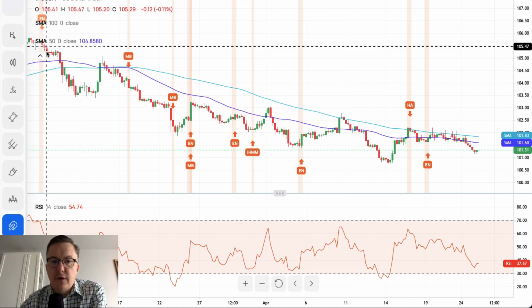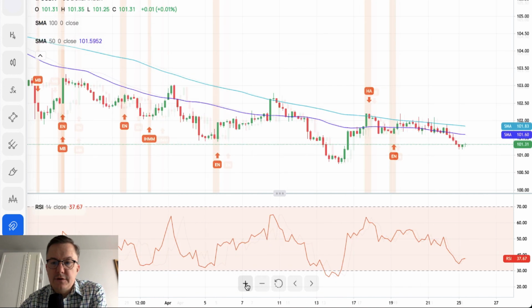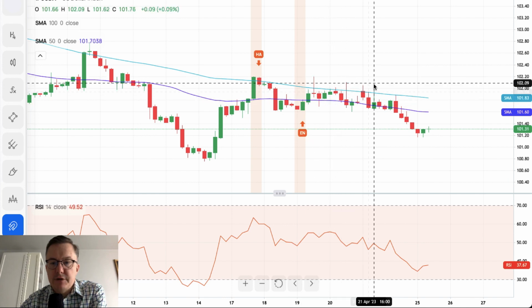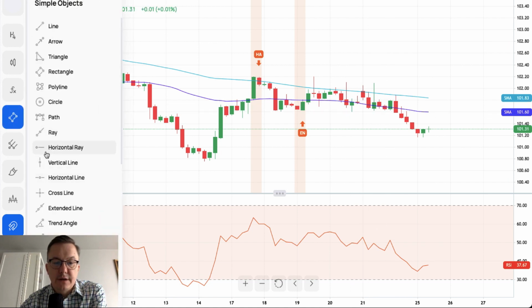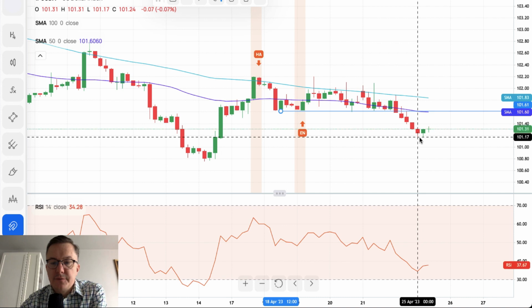As you can see, the 4-hour chart of the US dollar index is showing us that it was very difficult for bulls to break above the 100 periods moving average. We have a series of candles here, as you can see, upper shadow, upper shadow, upper shadow. So every attempt to bounce and rally was basically a failure, and finally the market broke below this level here, which is the technical support, 101.61. It broke below this level, and of course hit the